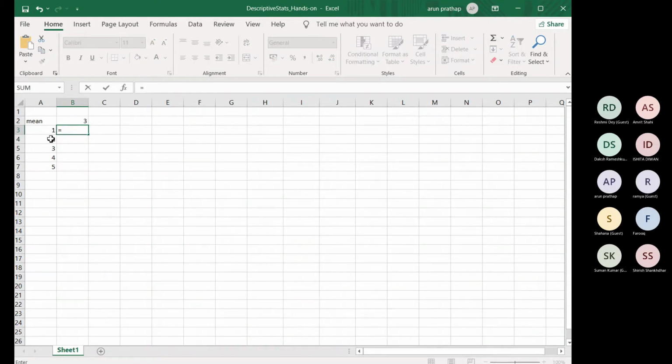So here the operation that I want to implement is actually this 1 minus 3. So that cell corresponding to A3, from that I have to subtract the cell corresponding to B2. So I just have to click whatever cell I want and put the operator in between. So I select this cell, then I enter a minus sign and then I select this cell. Then I press enter. So then I got 1 minus 3, minus 2.